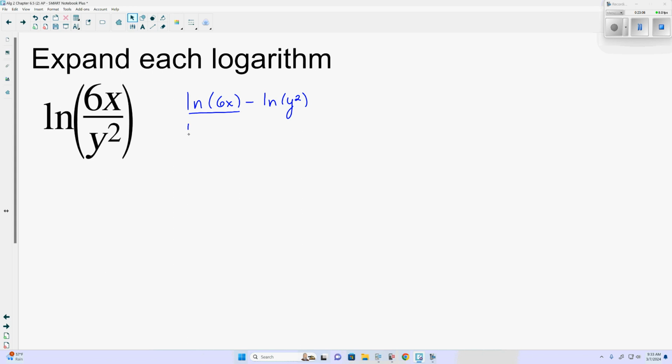Except our page doesn't have a square. Okay, I will remove it. Anybody else? Which would just be minus natural log of y. And since there's no square,